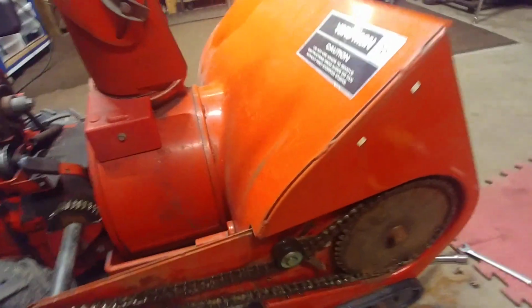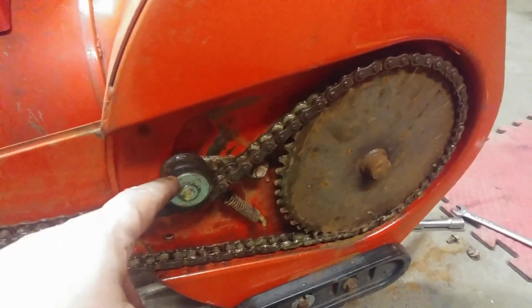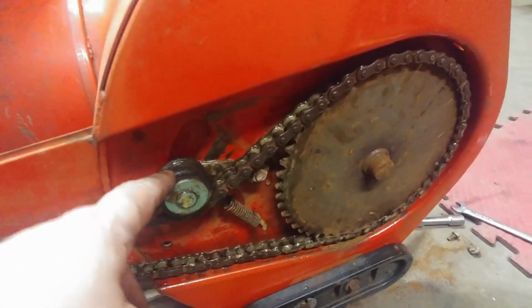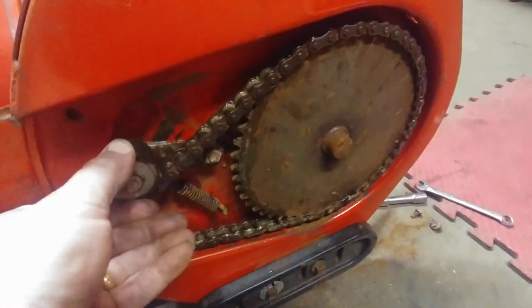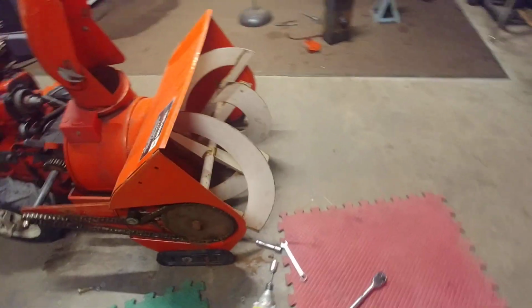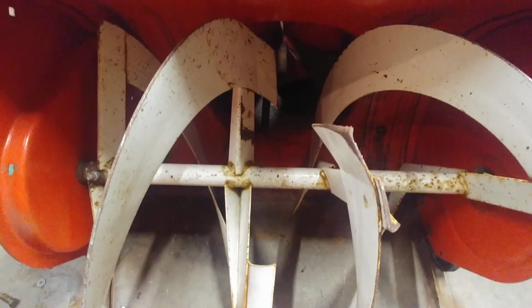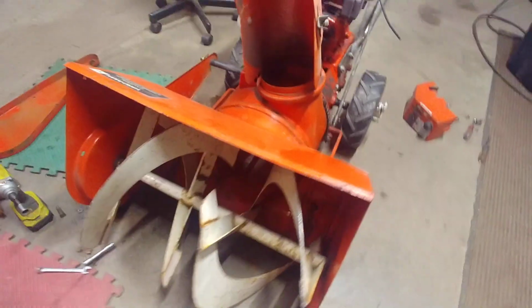I lubed it up. It was pretty rusty, and this wheel was frozen, so I had to take it apart and clean it up and lube it. And so with that, you don't have that center piece. And then this auger is pretty stout, and then it's funny,